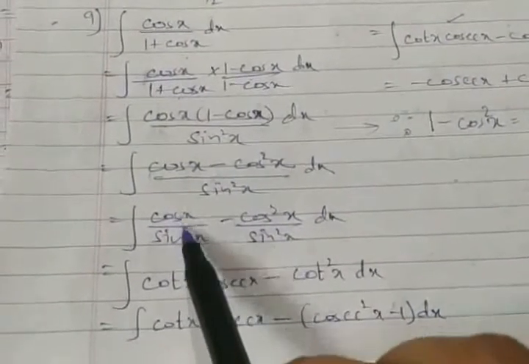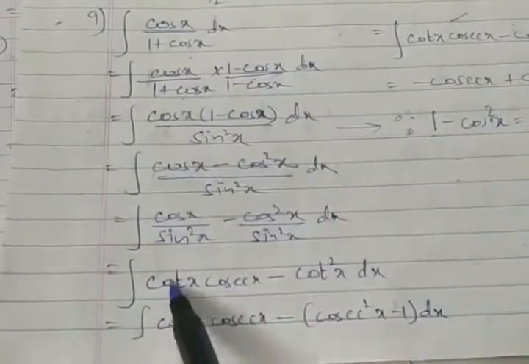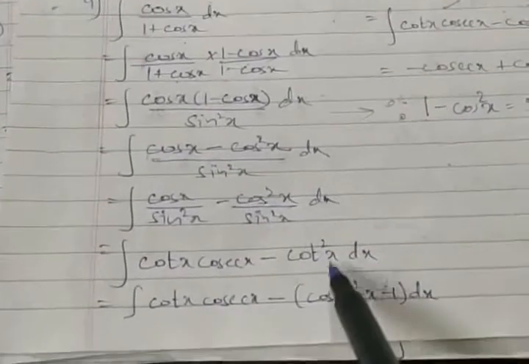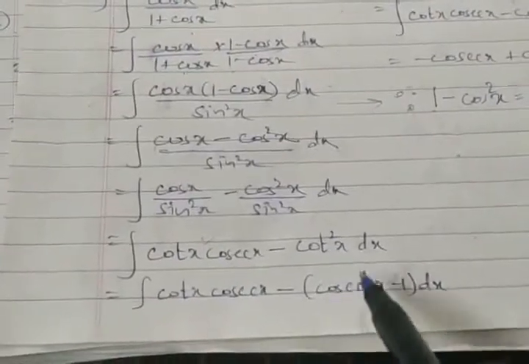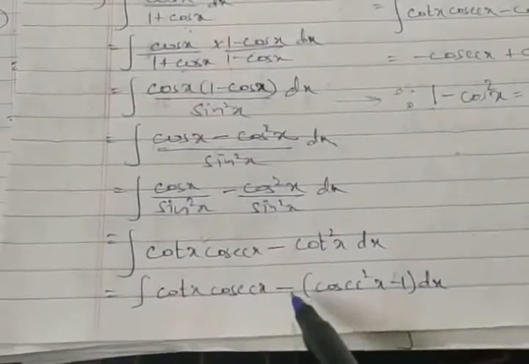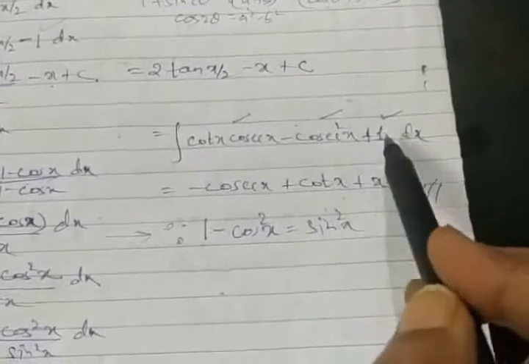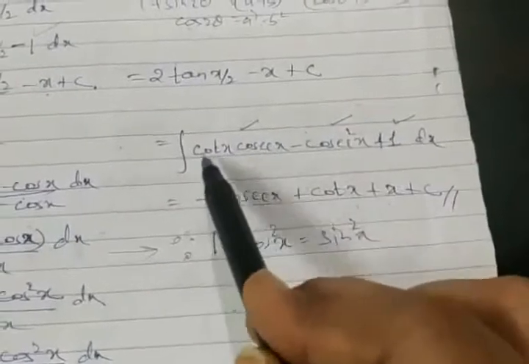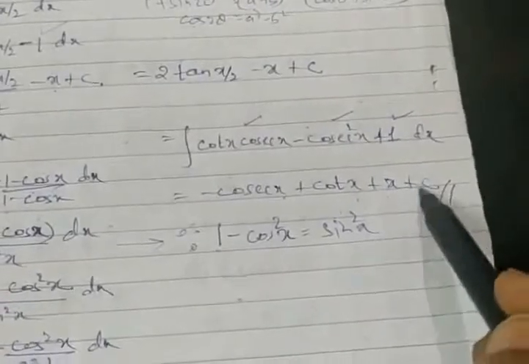So cos x by sin square can be taken as cos by sin, a single sin. Cos by sin is cot, 1 by sin is cosec. Minus, this situation is cot square. So integration of cot into cosec is available, but cot square is taken as cosecant square x minus 1. So minus, be careful. Integration of cot x into cosec x minus cosecant square x, we have minus into minus plus 1 with respect to x. All the terms are ready to integrate now. So we have cot into cosec taken as minus cosec x, plus cot x, plus x, plus c should be the answer.